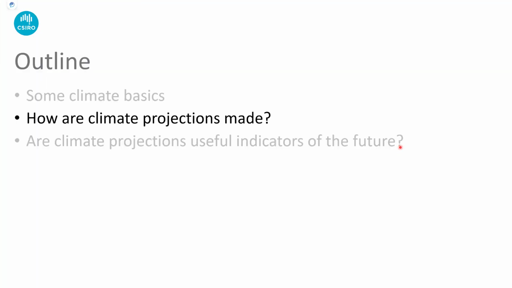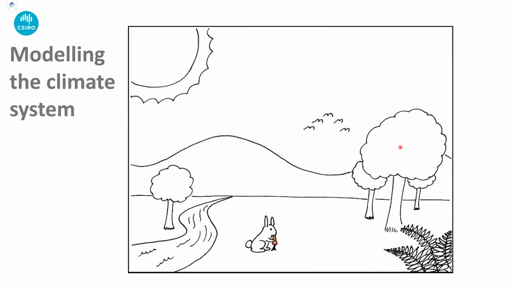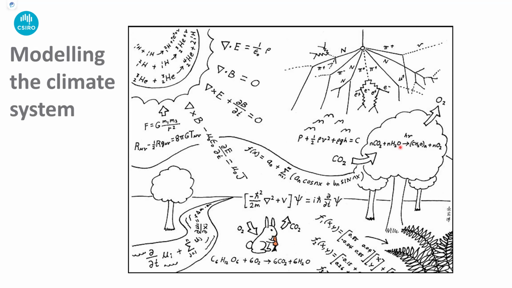So, enough about the science. How do we actually make the projections? Well, it's a bit more science, isn't it? We talked about how complex the climate system is, but most of us, when we look out the window, we sort of see it like this. But it is complex, and luckily for us, we can turn that climate system into a whole bunch of different equations. And if you're a bit of a maths head, this is for you. This is really great stuff. For somebody like me, it's all a bit much, but anyway, that's okay.